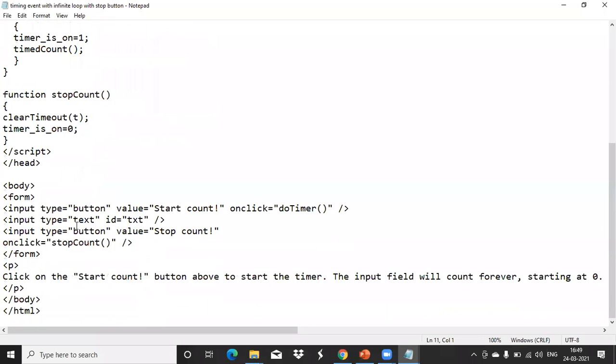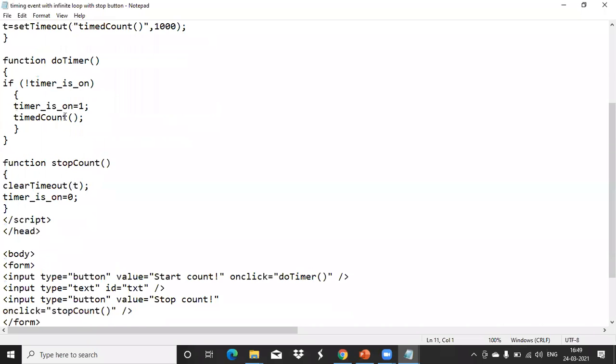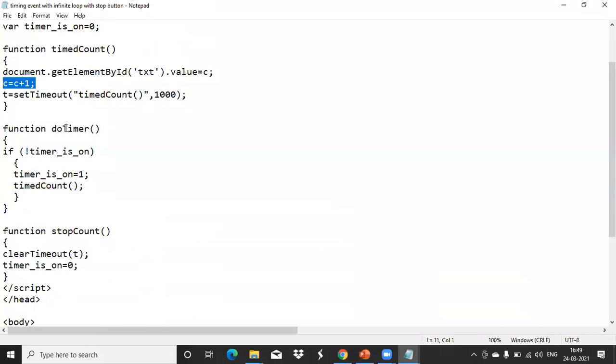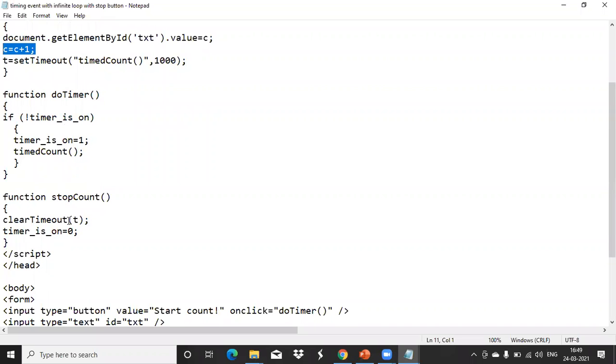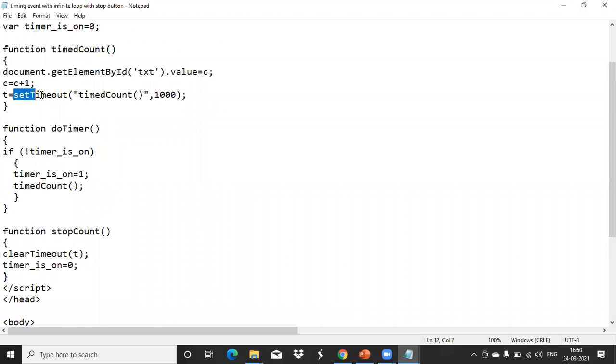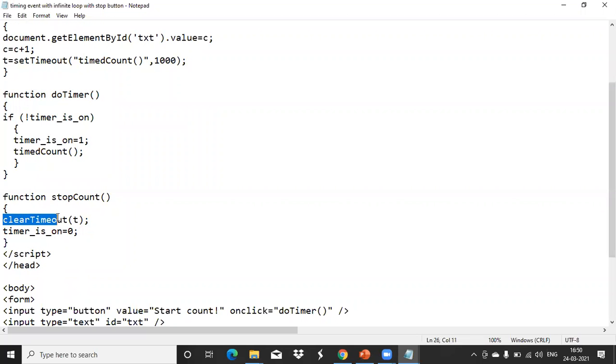Then when I click on this stop count, see here we have clear timeout. A function is there. Okay, so that it is calling, timer is on equal to 0, like that. We have set the value and it is closed. Clear timeout is a built-in method, not a function which I created. Like how we used this set timeout method of the browser object, in the same manner, clear timeout is a method of the browser object only. There we have passed the value and here we assigned that as what? 0. That means it will stop those things.